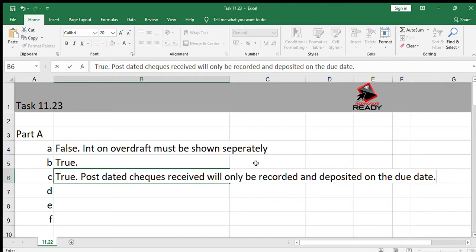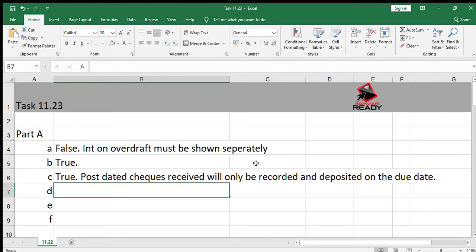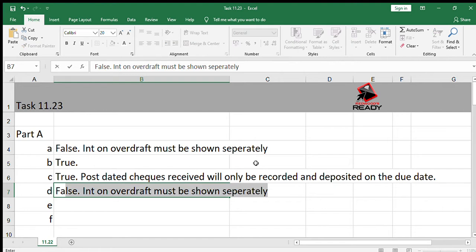D. A post-dated check issued by AMA stores in September 20.9 but dated 25th October 20.9 will only be entered in the CPJ of AMA stores on 25th October 20.9. And that is false. The reason is that a post-dated check which is issued. So remember, C was post-dated checks received, and this is now a post-dated check which is issued. So post-dated checks issued